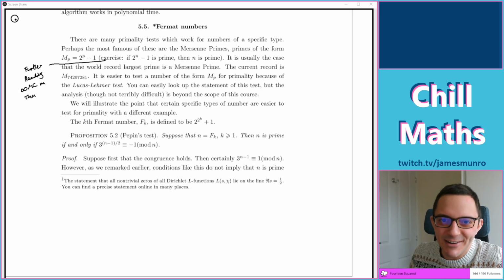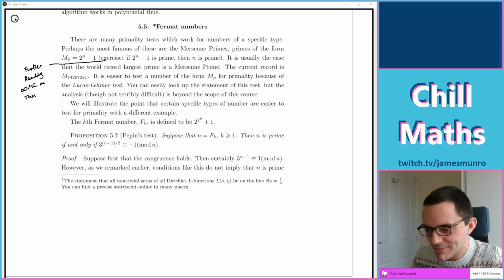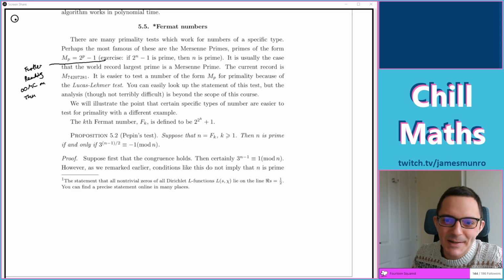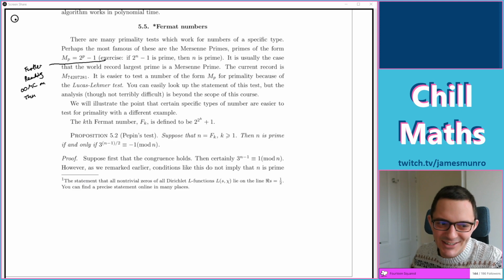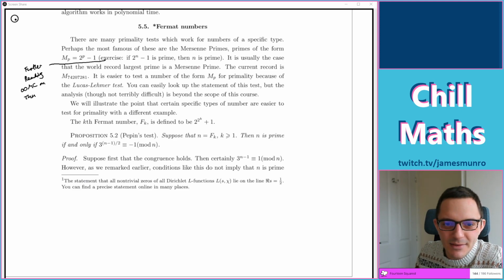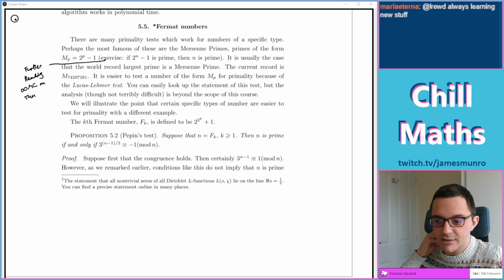So we post further reading on the Maths website, and sometimes some challenges or extra exercises. Anyone in chat want to have a go at that exercise from a starred section of some second year Oxford Maths notes? I guess the converse, the other way of saying this would be, if n is not prime, then 2 to the n minus 1 is not prime, and I think that's the easier way to think about it.